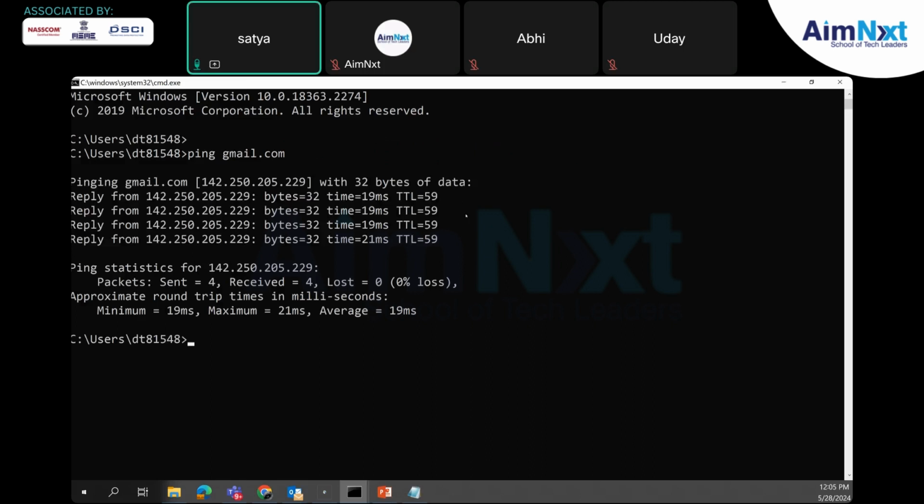In the same way, when I click on ping gmail.com, this name has been converted into an IP address, which is called a mapping, which is DNS. We call this feature DNS, Domain Name Service. We can't remember the IPs. Can you remember this IP for a long time? It's highly impossible, correct? So instead of remembering the IP address, we can easily remember the names. So we are using names. This feature also comes under